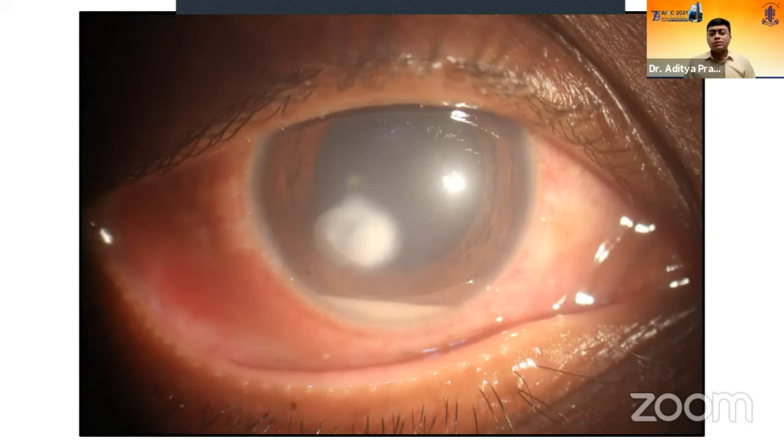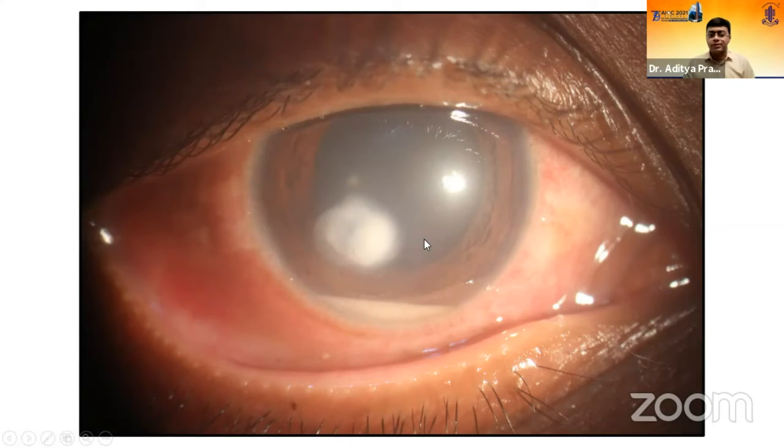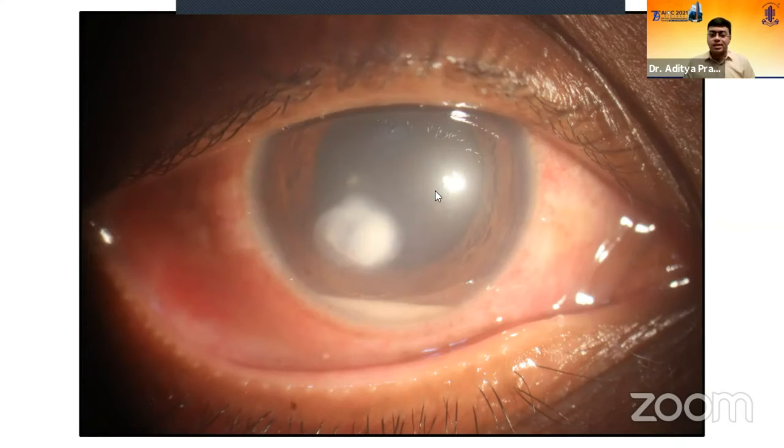Now we come to the role of anterior chamber lavage combined with an intrastromal injection and an intracameral injection of antifungals. This gentleman was referred from one of our peripheral branches with a history of non-resolving keratitis for 4 weeks. They had done the scraping and found out a fungal etiology, and he was sent to us. So at presentation, it was looking like this after 4 weeks of intensive topical therapy. The hypopyon was not resolving, neither was the stromal infiltrate, which was deep.